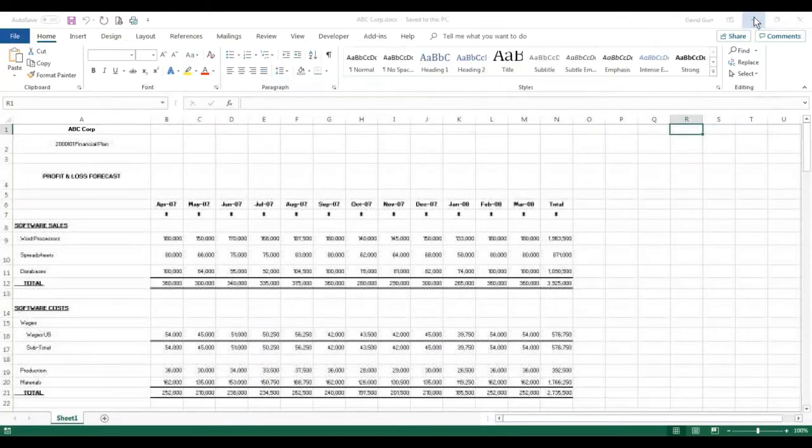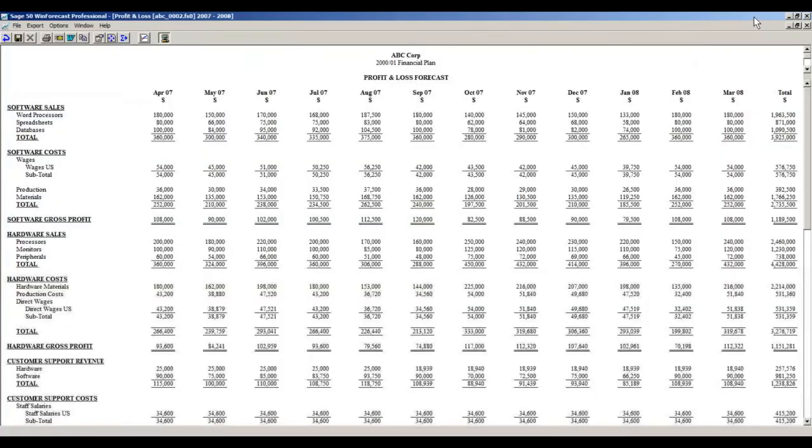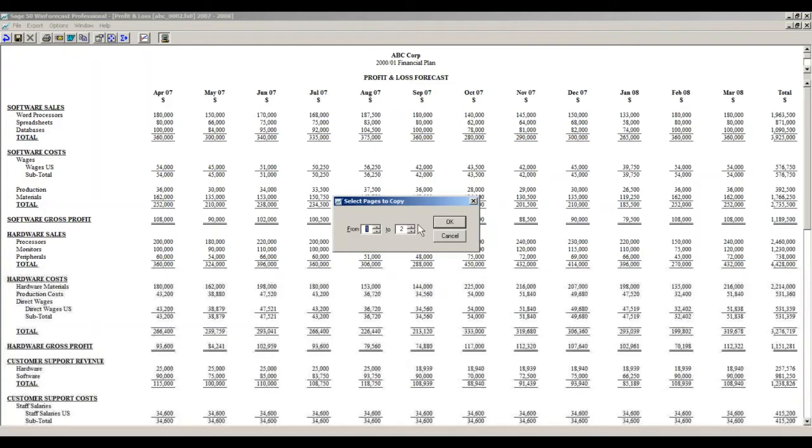Okay, returning now to the Winforecast program. We had the option also to push to a CSV file. That'll just take all of this data without the formatting and push it to a CSV file. The outcome of that is very similar to using a clipboard, but with a clipboard you can go straight into Excel. So I'm going to use that option. So I'm going to click on clipboard. I'm going to take all of the data, both the pages,